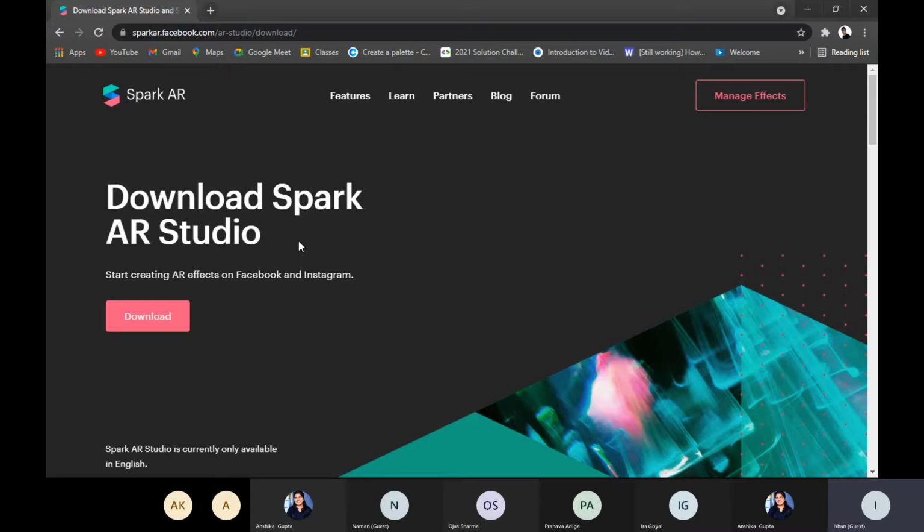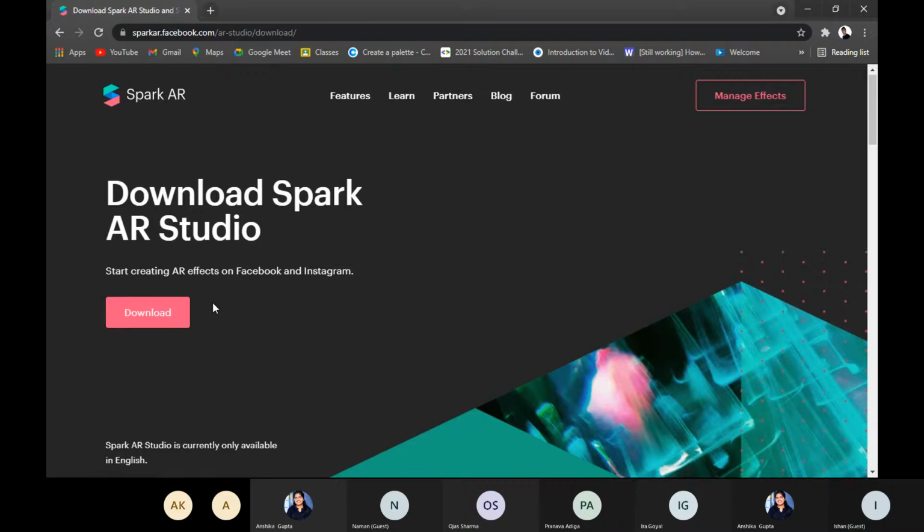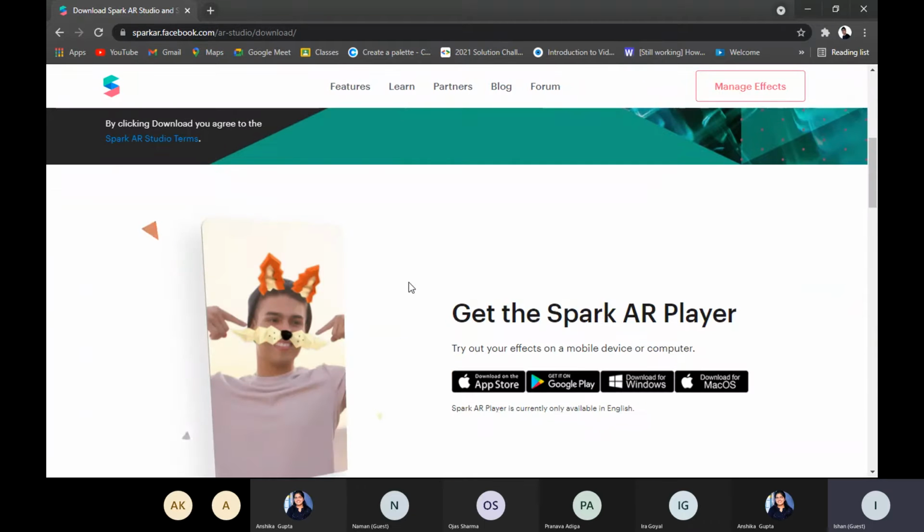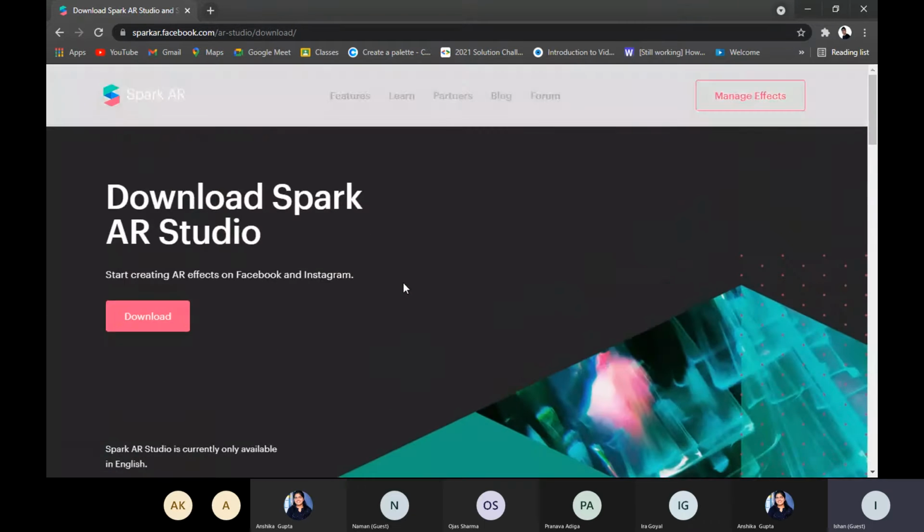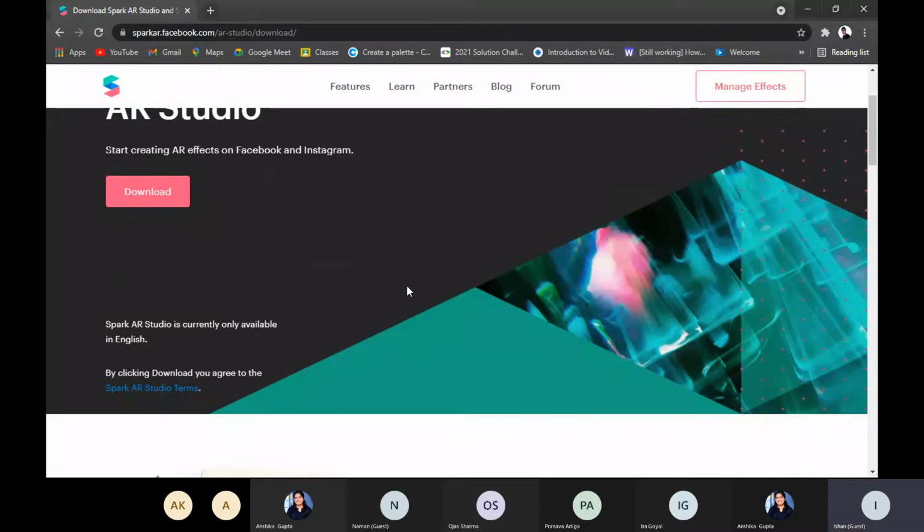But if you think you can make the filter for Snapchat using this, sorry, you can't, because Snapchat has different software using which you can make the filter. Making filters using Spark AR is as easy as making Maggie. You just need to add some ingredients and your product is ready. Now don't say you don't even know how to make Maggie, but that's not the point. The point is that Spark AR is very user friendly and very beginner friendly.